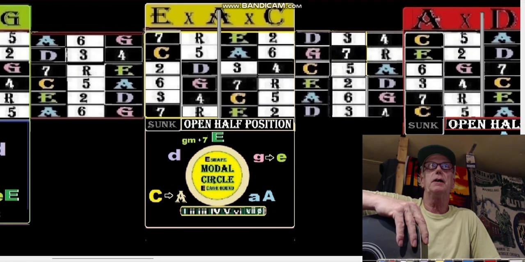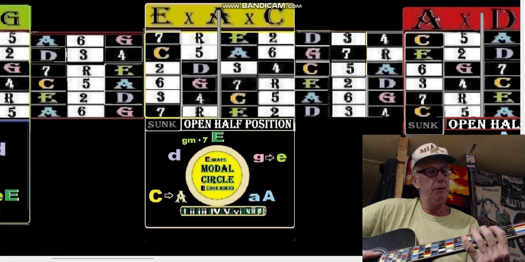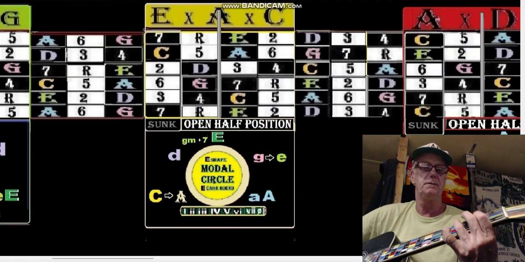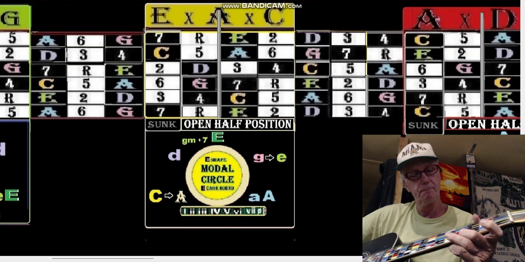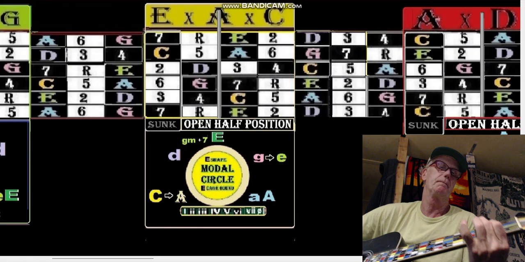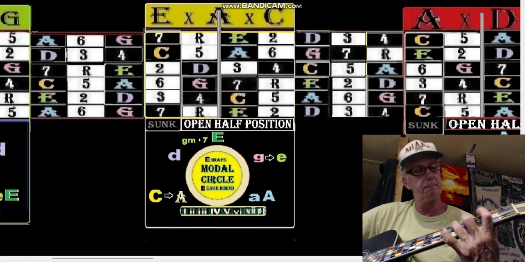Okay, we're talking about both the play-away modal cages and the short tri-pentatonic cages. Play-away modal is, say we're doing it from the fret nut down here. Okay, the short pattern would be